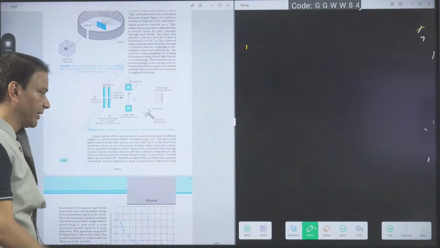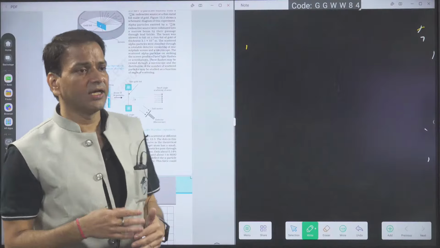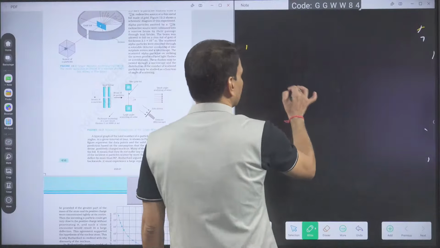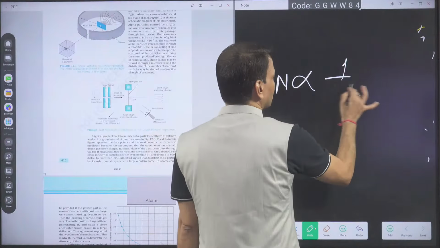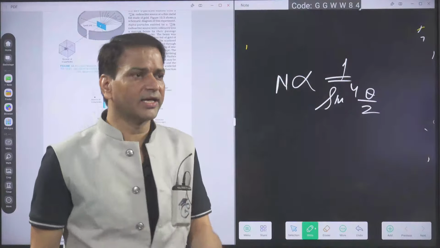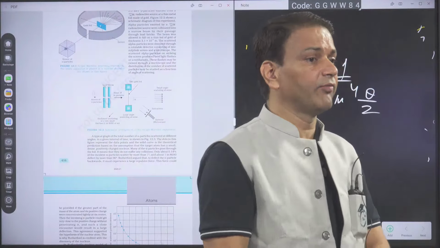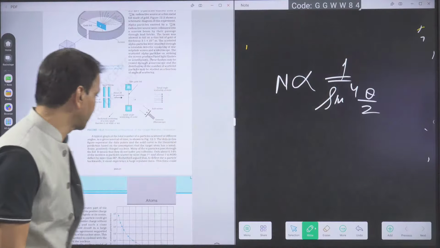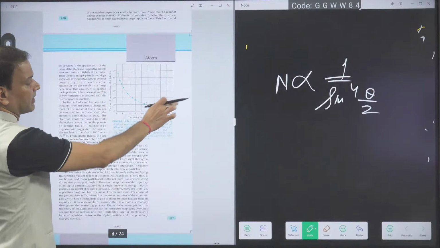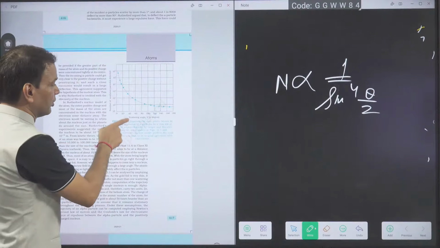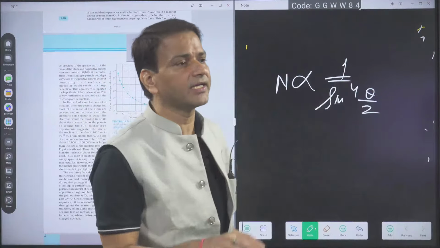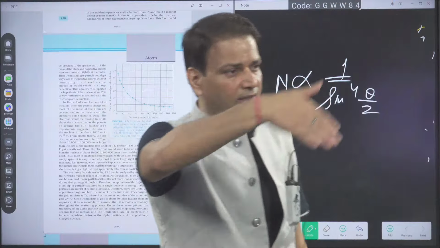Most of the alpha particles pass undeviated. So there is an inverse relation between the deviation angle and the number of alpha particles. We know that N is inversely proportional to sine to the power 4 of theta by 2, where theta is the scattering angle. So at a larger angle, we get fewer alpha particles. The graph between the number of alpha particles scattered and theta is hyperbolic-like. When the scattering angle increases, the number of alpha particles scattered at that angle decreases. That's why we get this graph.